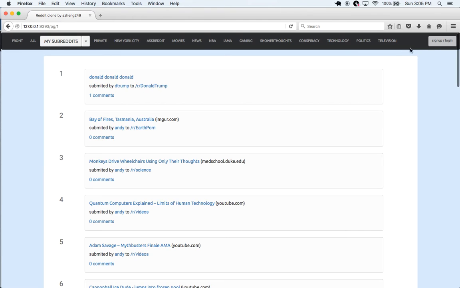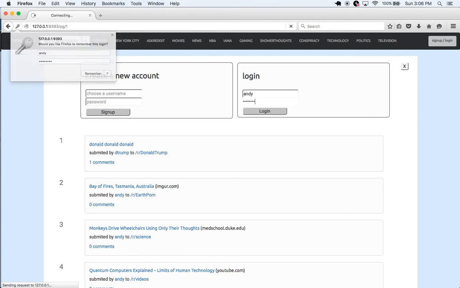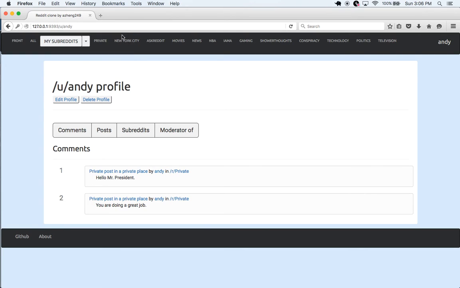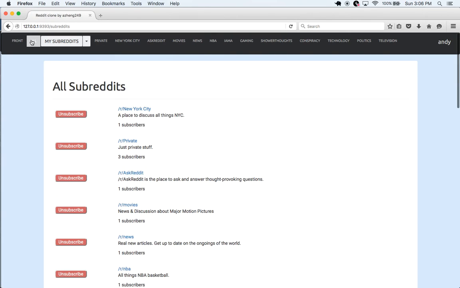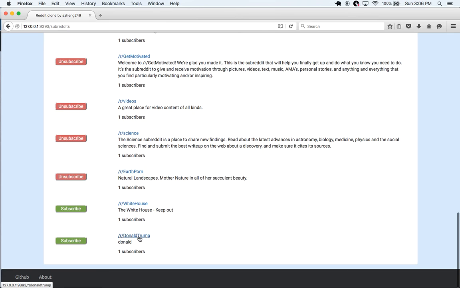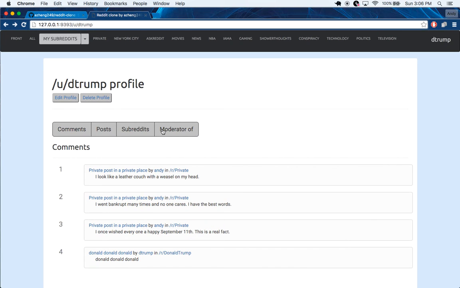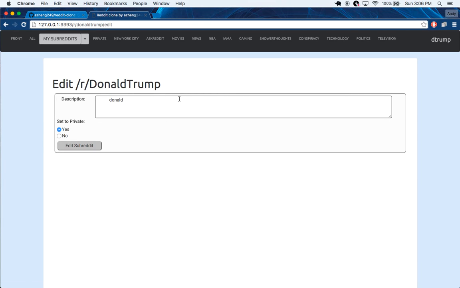If I open up localhost and then I try to log in as myself, right, yeah. So let's see, I can find it in here. It's going to be down here. If I go in here, right now you can see this is private. So here, if I go and I edit the thing,